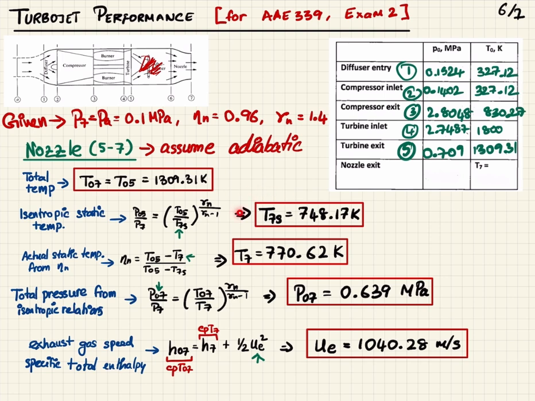We first need to determine the isentropic static temperature, so we will do this by applying our isentropic relations using our stagnation property at the inlet to the nozzle and our static properties at the exit of the nozzle. And then solving for the static temperature, we find it to be 748.17 Kelvin. And then we can use this in our nozzle efficiency equation, right there, and we can then solve for T sub 7. When we solve for it, we determine that to be